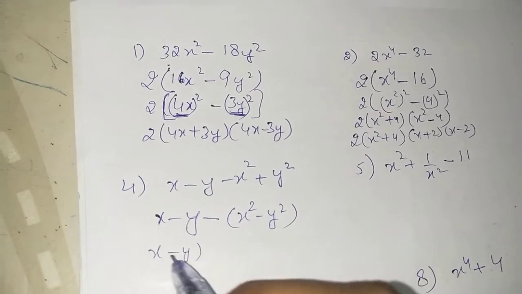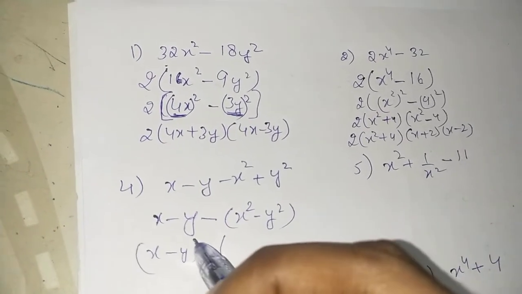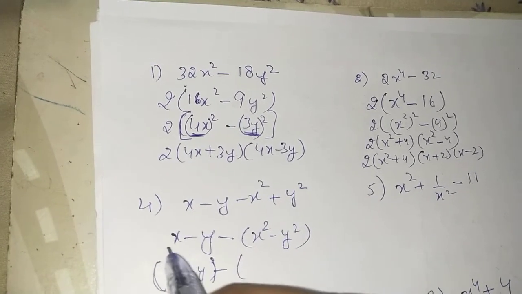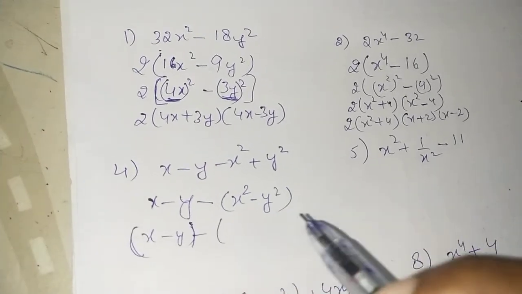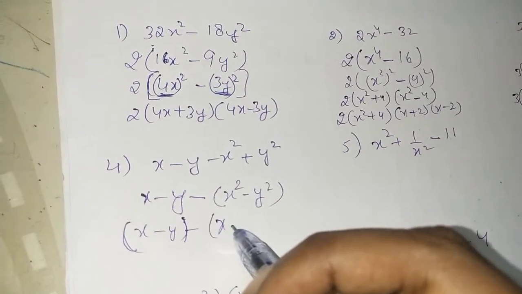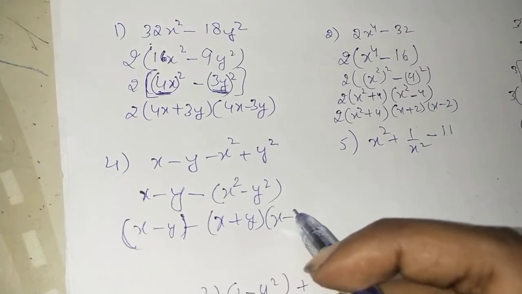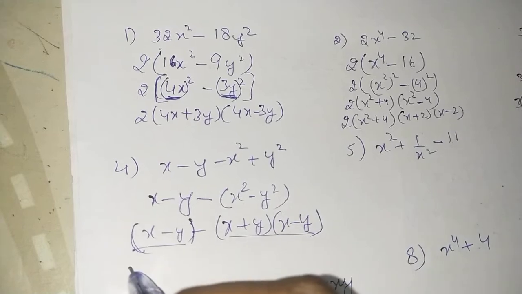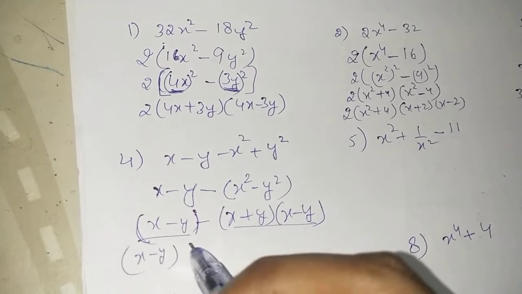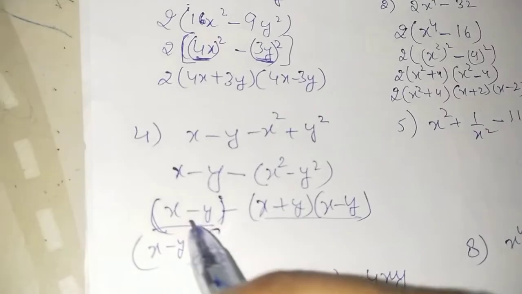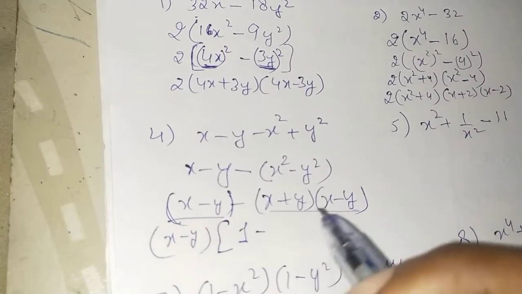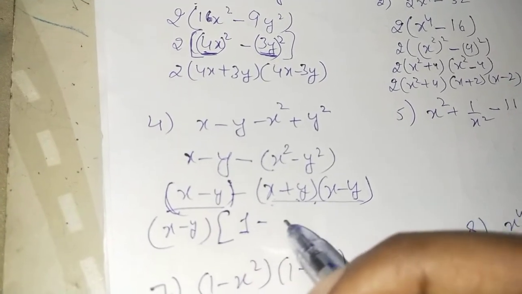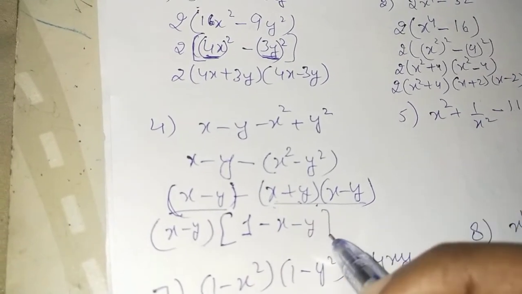Now in the next bracket we can place this thing in a bracket, because there will be no harm, as there is no minus or plus sign or any number that will get this thing changed. It will remain as it is. And over here a square minus b square can be written as a plus b into a minus b. So this is one term, this is another term, and both are having x minus y common. So we can take out x minus y common. Let's see what we are going to be left with. From here one bracket will be left, minus this one of the bracket will be left, that is plus 1, x plus y. So on releasing it will be minus x minus y.